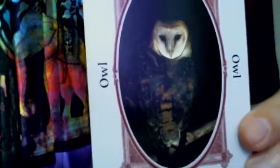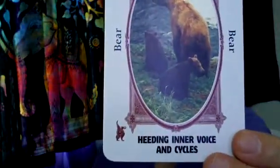Hermit, the owl. This one almost has a Hanged Man kind of feel to it because, if you think of the Hanged Man as being a different perspective, this is the owl in their owlishness, one of their most owlish things they do, which is turning their head all the way around. Wheel of Fortune as the bear, so heeding inner voice and cycles. See, I would have switched maybe this out with, I would have made maybe this the High Priestess, heeding inner voice sort of thing, with the spider. But anyway,